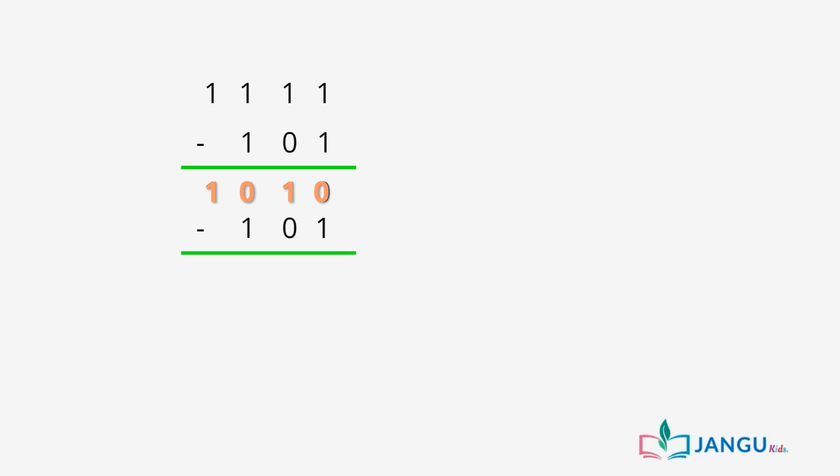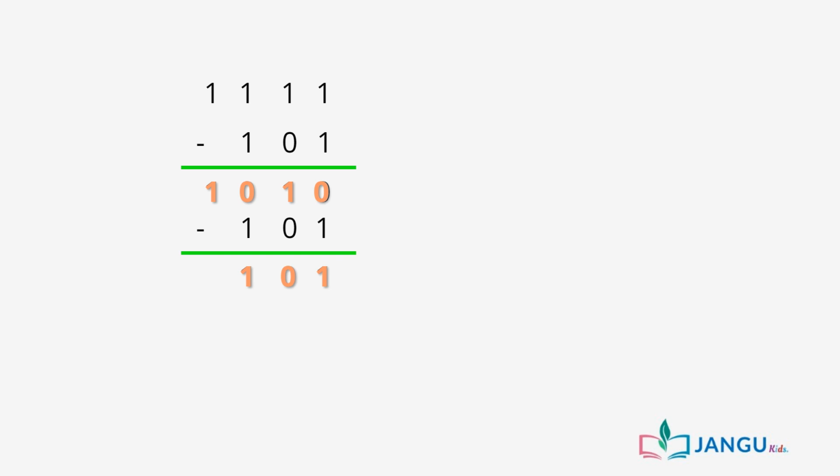1010. 0 minus 1 is not possible. We'll have to borrow from the next column, which makes it 10. 10 minus 1 is 1. The 2's column is now left with 0. 0 minus 0 is 0. 0 minus 1 is not possible. We borrow, which makes it 10. 10 minus 1 is 1. Hence 1010 minus 101 is equal to 101, which makes it the second